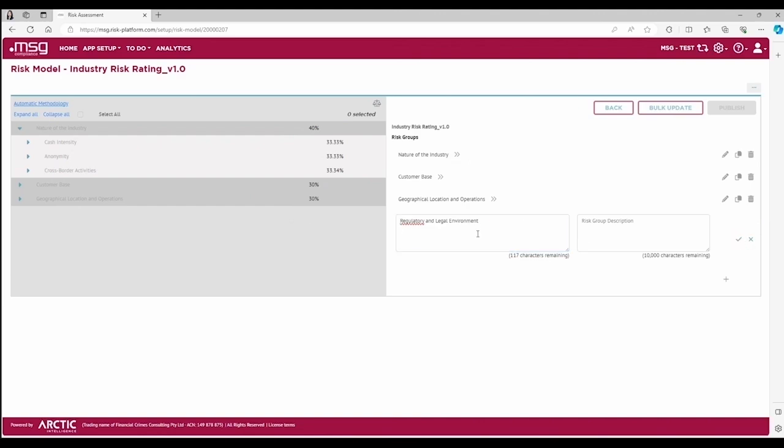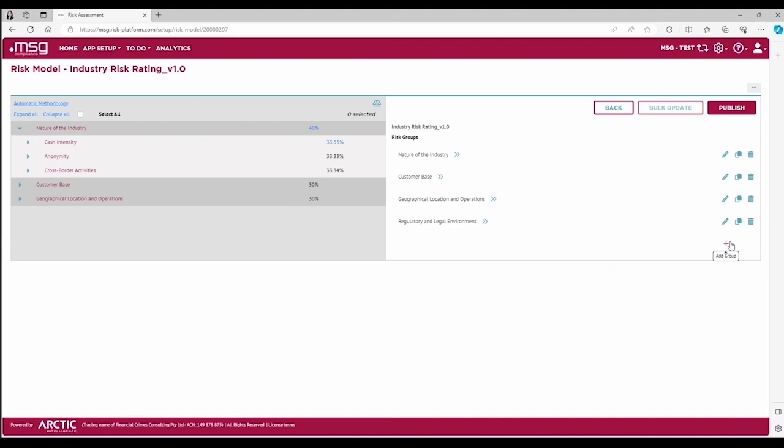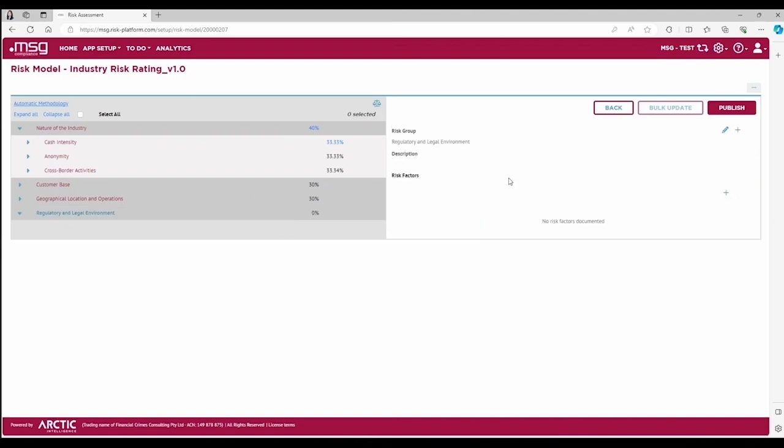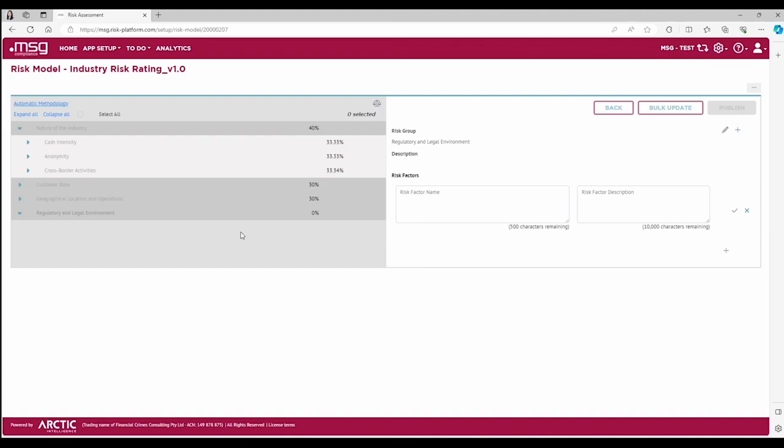Under that risk group, we can create a new risk factor, which can be named legal framework. As I told you, each risk factor needs to have a risk indicator, which is more or less a question from the questionnaire.